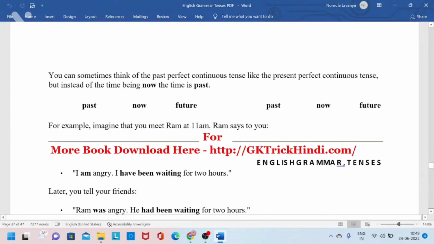For example, imagine that you met Ram at 11 a.m. Ram says to you,